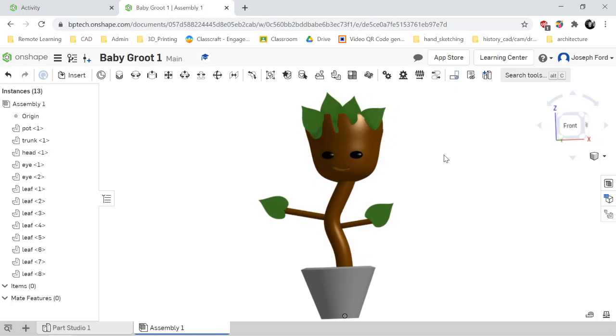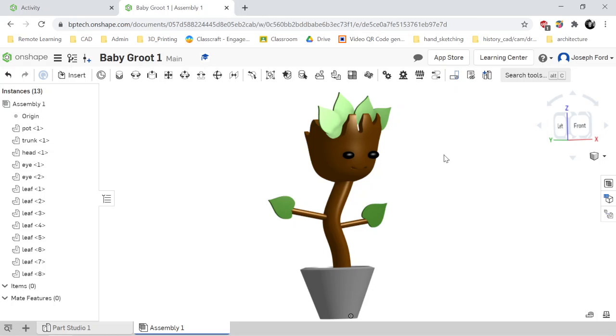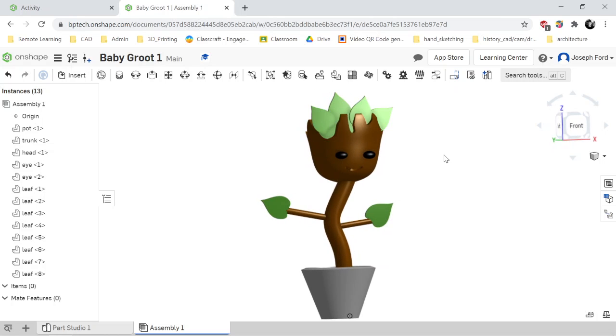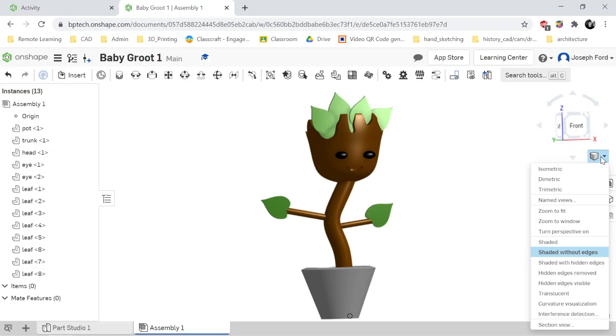So notice I put some of the leaves in the top to give him a hairdo, and I also put in the leaves for his fingers. Just because we're trying to make a somewhat easy 3D modeling experience because all of you have just started using this, and then so shaded without edges is kind of something I like to show when we're making a character,